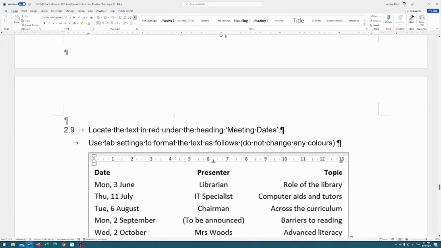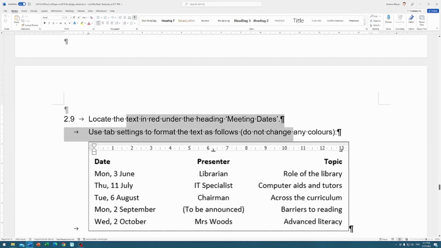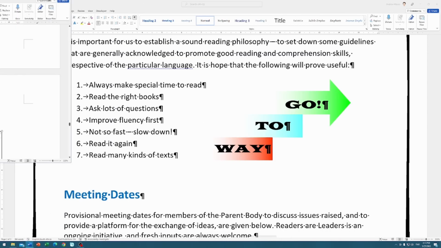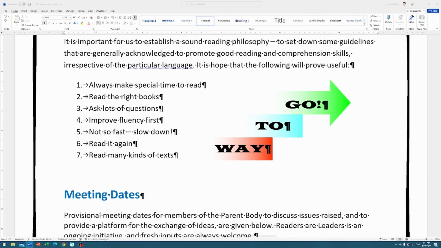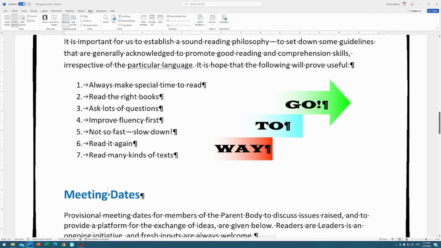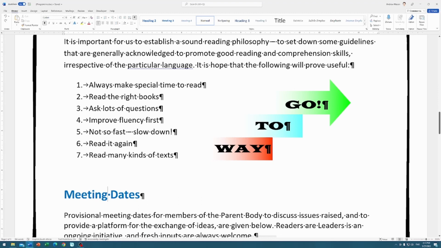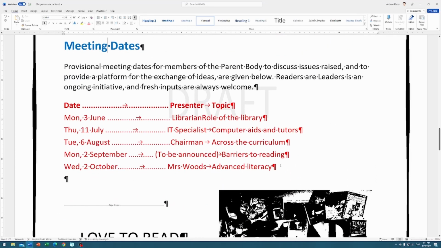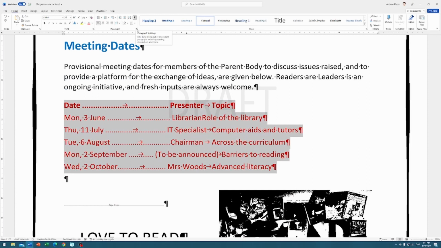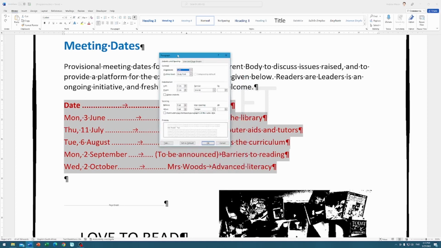Right, that was 2.8. 2.9, locate the text in red under the heading meeting dates using tab stop settings and grade 10s. This is exactly why I always activate my ruler. For those of you that don't have your ruler activated, it's a simple case of clicking on view, going to ruler there and selecting them. For us, it has been activated, so all I need to do is select the text that needs to be manipulated, go to the paragraph grouping, click on the little more option on the paragraph settings, opens this dialog box,